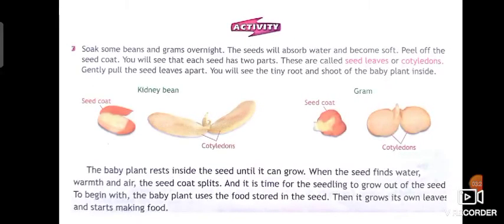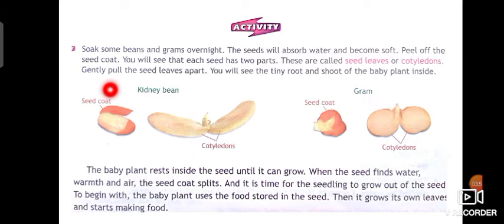an activity. You're going to soak some beans and grams overnight. Take a little and soak overnight. The seeds will absorb water and become soft. Now peel off the seed coat. You will see that each seed has two parts.